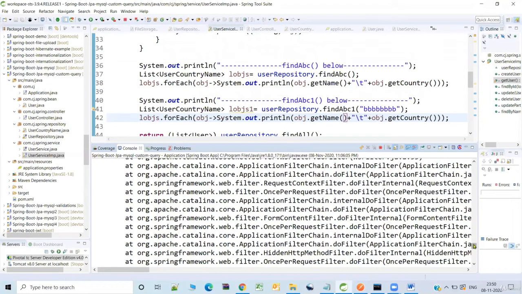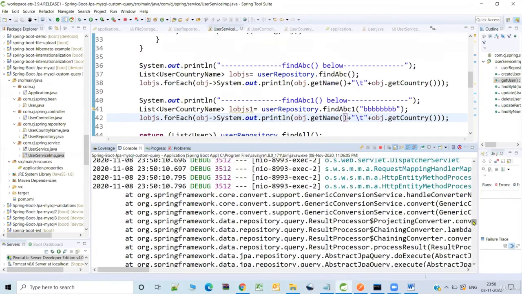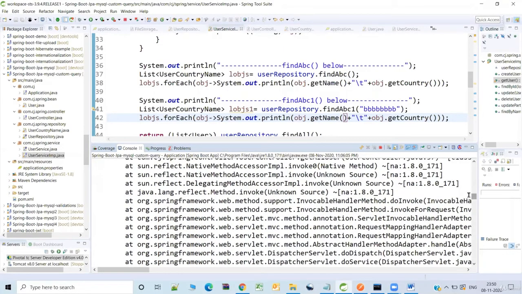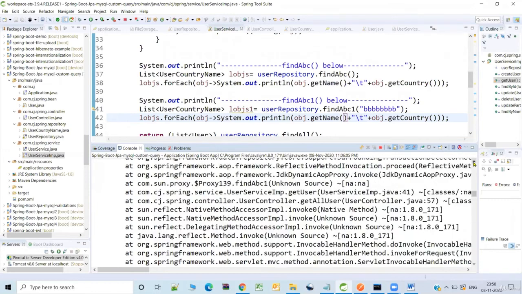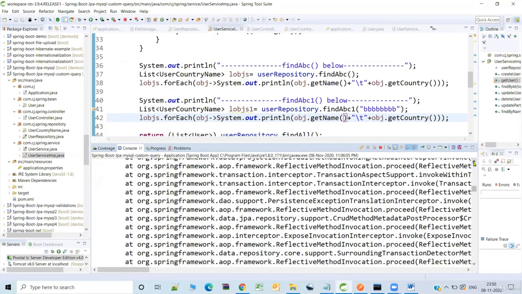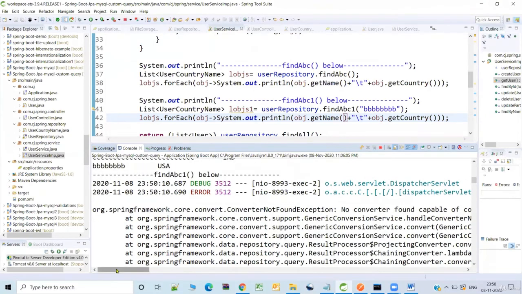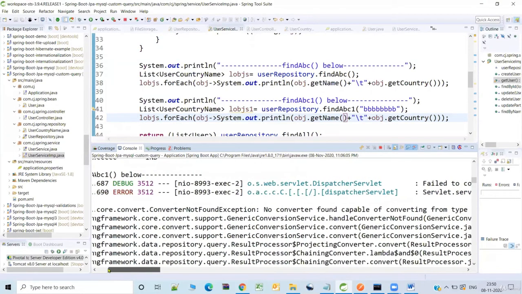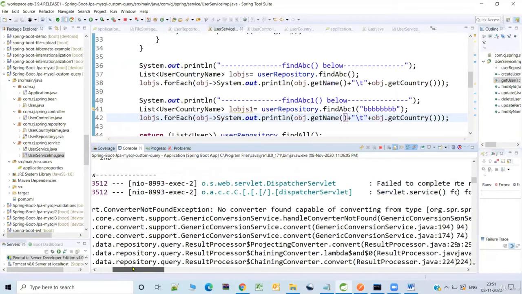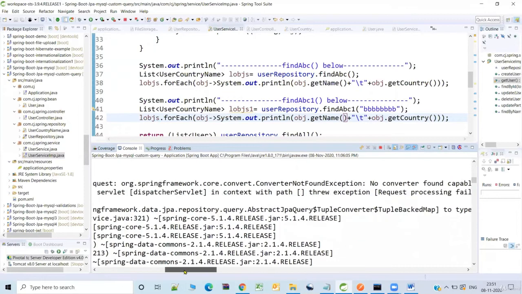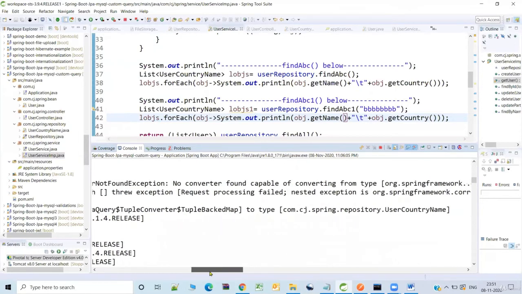So if you observe, the exception has occurred, there is some problem in invocation of this specific functionality which we invoked, but still the web server is running and the other REST endpoints can very much be accessed successfully. So it's telling no converter found capable of converting from type abstract JPA query tuple backup to the type user country name.